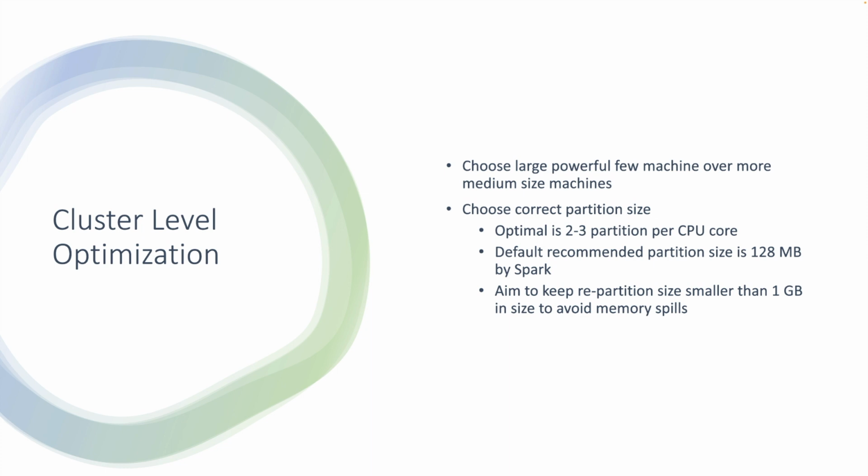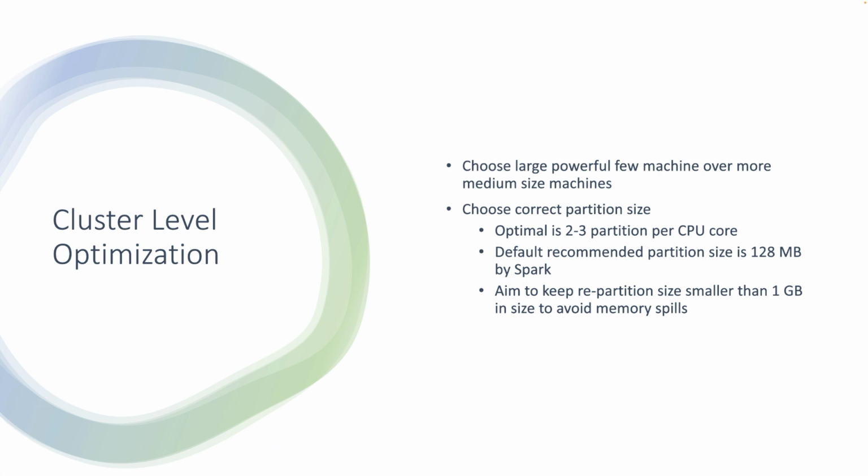The next thing you want to do is make sure that the partition sizes are optimal. The way you could calculate that is to have 2 or 3 partitions per CPU core. So if you have 10 CPU cores, then ideally you would divide your data into 30 partitions. But there's also a catch: if you have very large data, say 30 terabytes, then there's no point in dividing it into 30 partitions, because each partition is going to be around 1 terabyte in size, right? You would want to have a greater number of partitions in that case, and that is